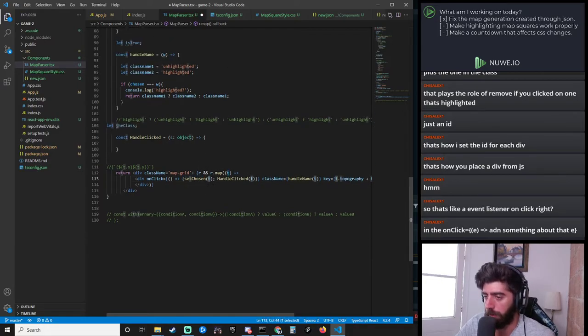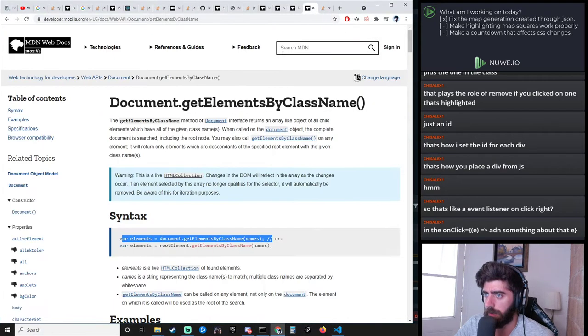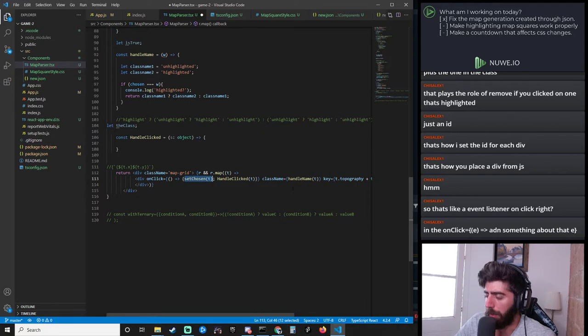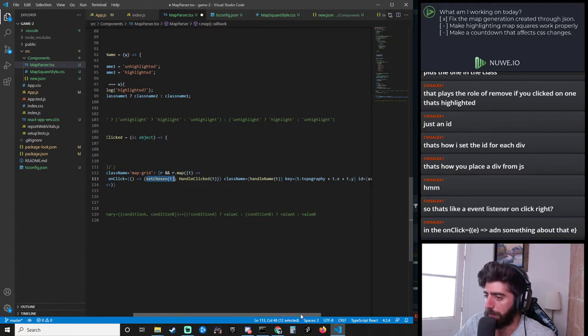So technically what I'm setting state with is an object with 3 key value pairs. Now I can use probably something like get element ID or get element by class name, right? The problem is I don't think they are going to be